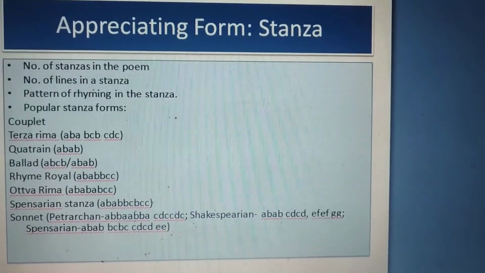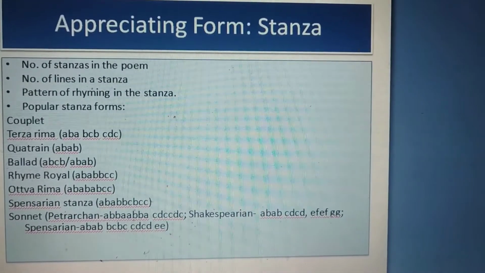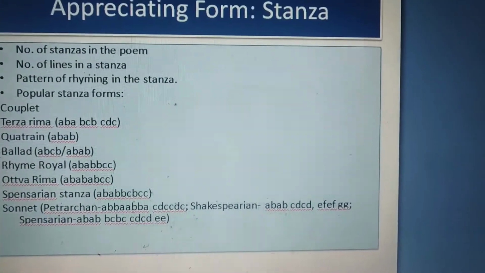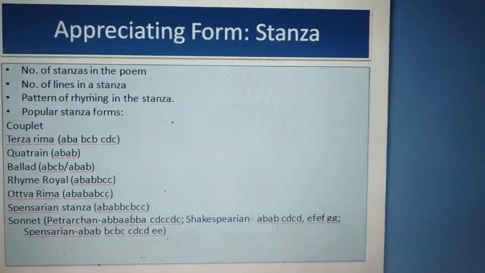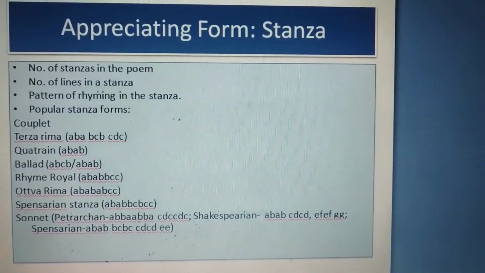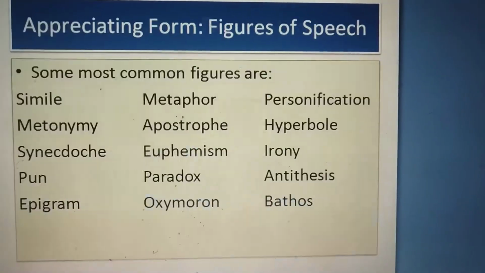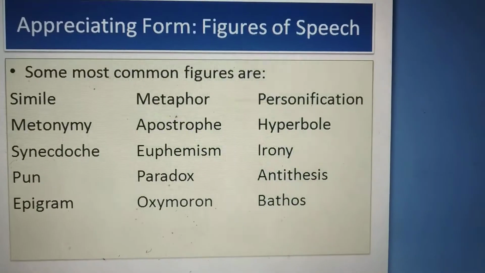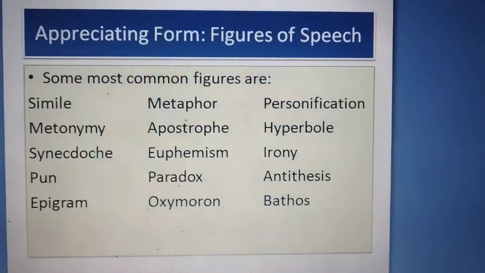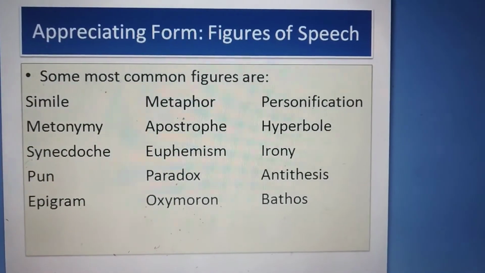In Shakespearean sonnet we have three quatrains and one couplet. And then we have a Spenserian sonnet where the rhyming pattern is ABAB, BCBC, CDCD, and EE. And after that we come to the stylistic appreciation of a poem, where we try to find out